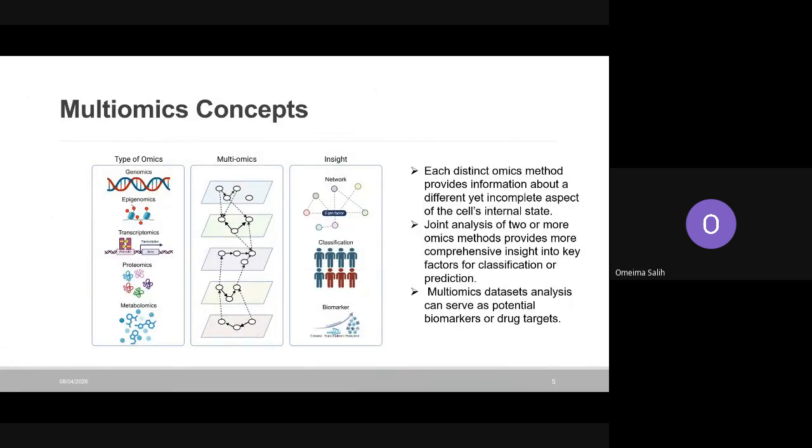So, multiomics concepts. As you can see from the drawing, you use different technologies that are specific to a specific type of omic, like genomics, epigenomics, transcriptomics, proteomics, and metabolomics. When you're studying each type of omic, definitely this is not enough information to give you a more holistic insight about